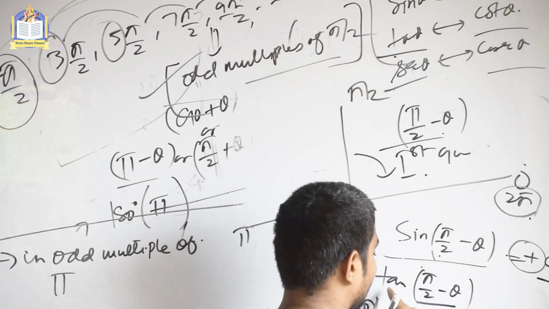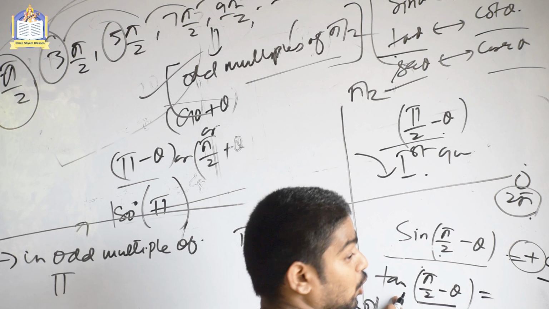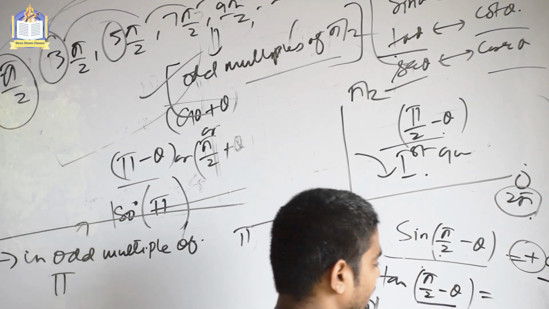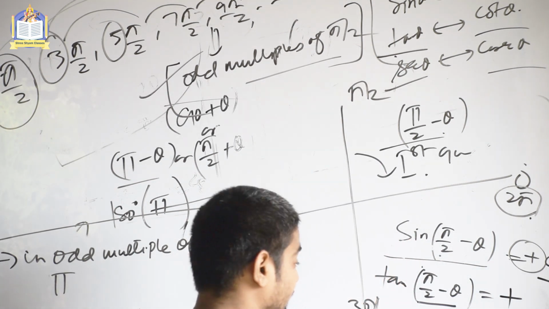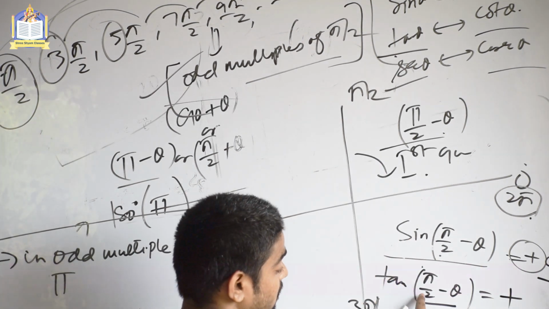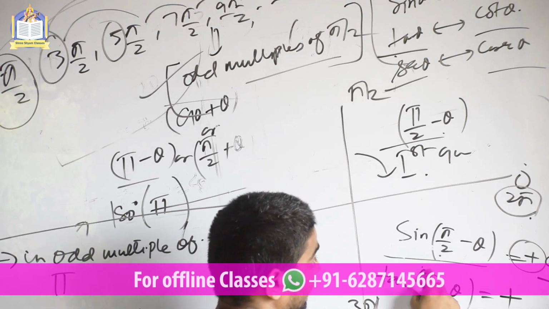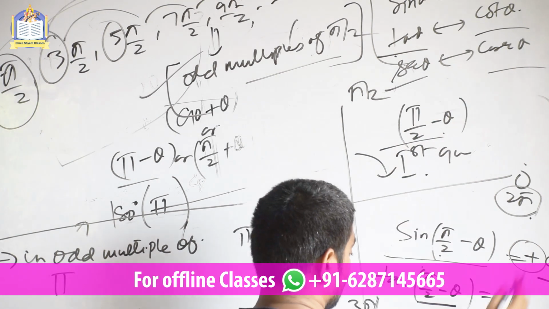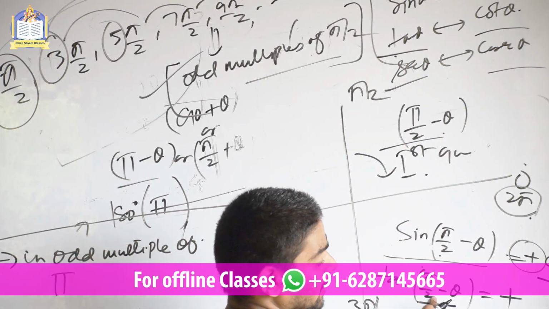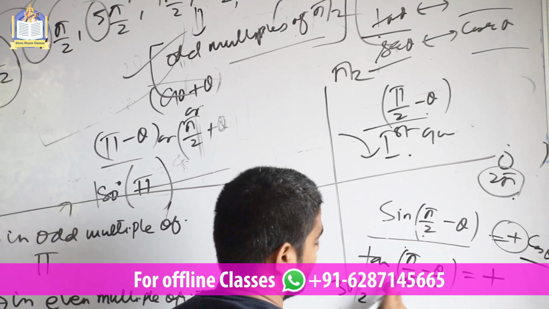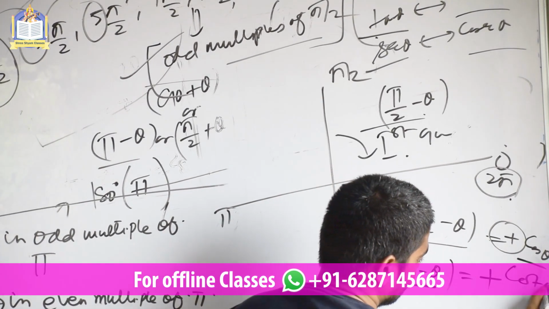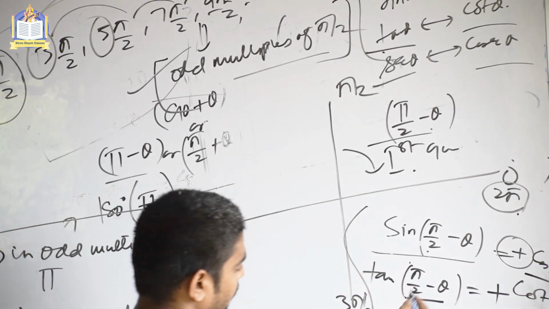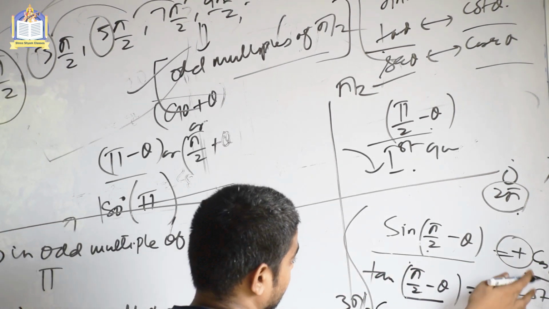So first of all the sign will definitely be positive, because in the first quadrant, whether it is tan theta, cos theta or anything, the sign will definitely be positive. But because of this odd multiple of pi by 2, this tan theta gets converted into cot theta, right? So this tan 90 minus theta, you might have read in class 10, is nothing but cot theta. Again, let's talk about cos theta. This is already done.